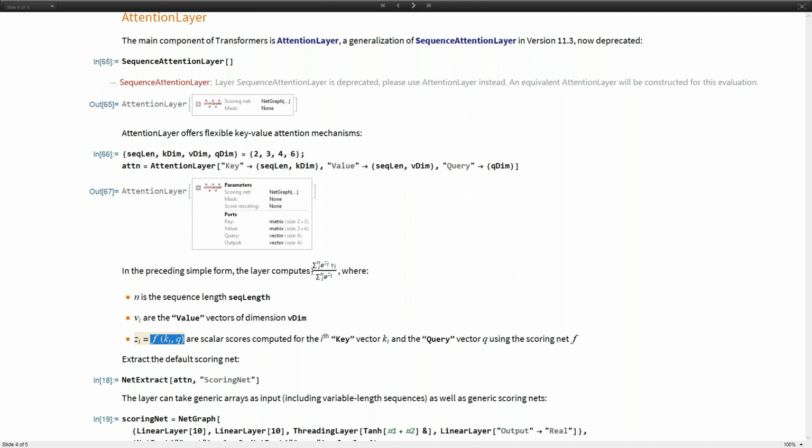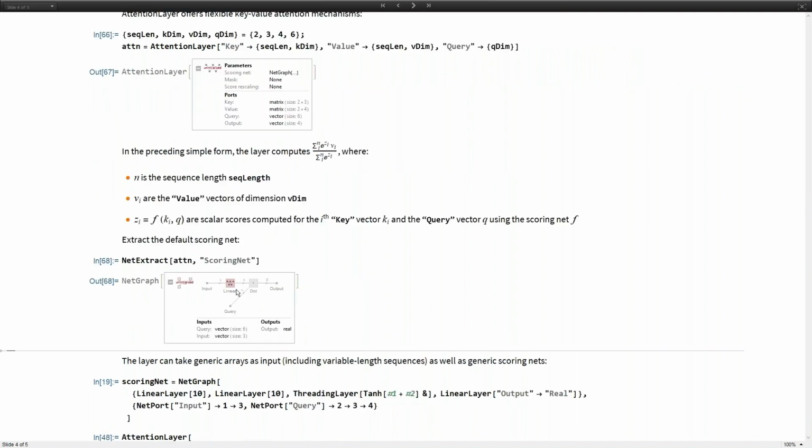There is a linear layer bringing the key to the correct dimensionality, and then it's just a dot product between the query and the modified key. But it can also take generic scoring networks. So in its most generic form, it can take any net graph which produces a real and takes 2 vectors, basically.